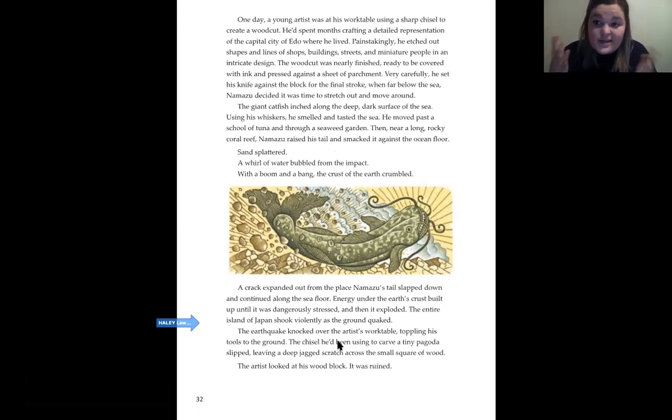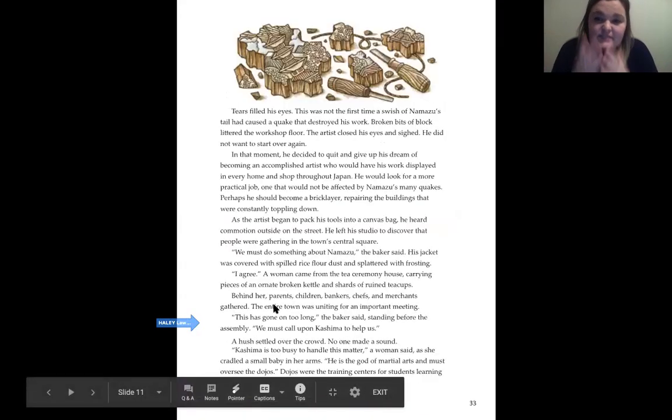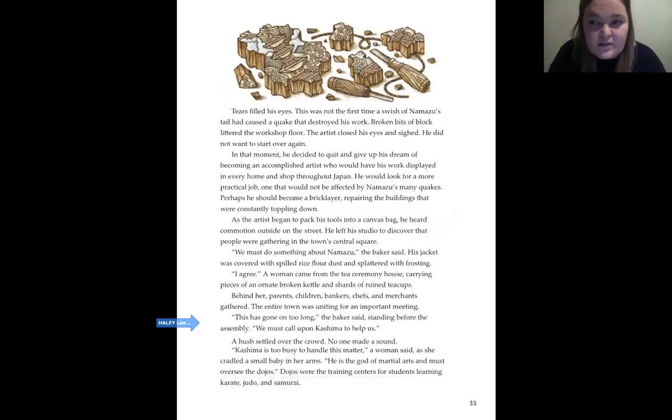Yeah, it causes an earthquake. And why is that important? What are the effects for these people? Let's pause it, and I'll give you a second to look back on this page. So hopefully you paused this video and took a minute to look back on this page. So right here, what does that baker say? He says, we must do something about Namazu.